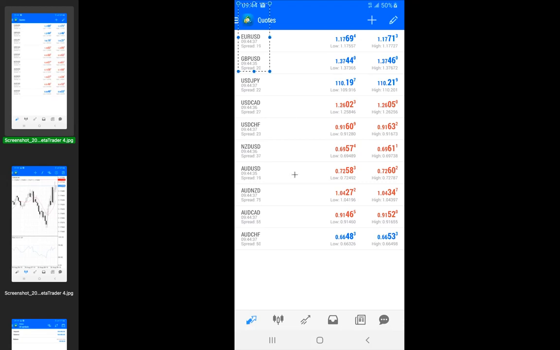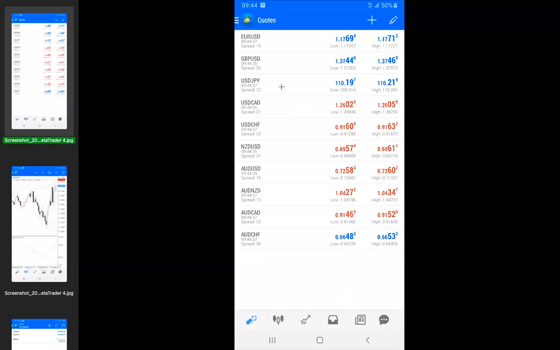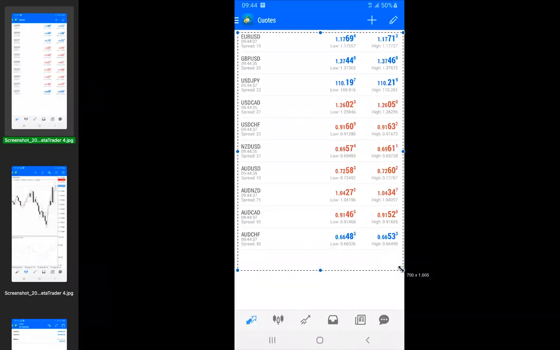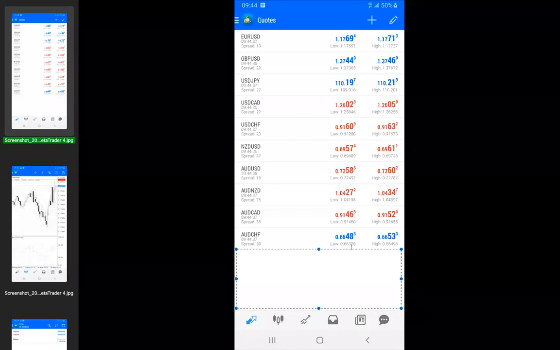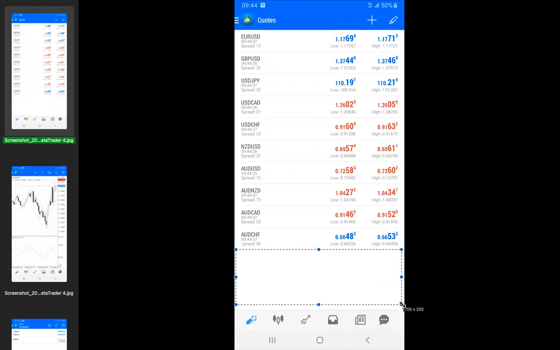When you first open the application, you land on this page, the quotes section. This is how it looks. It shows you a list of currency pairs that you can use to trade. Sometimes not all currency pairs will be listed here because there are hundreds of currency pairs that exist in general. In the case where you're looking for a currency pair that's not listed here,